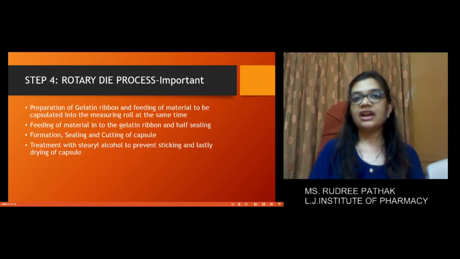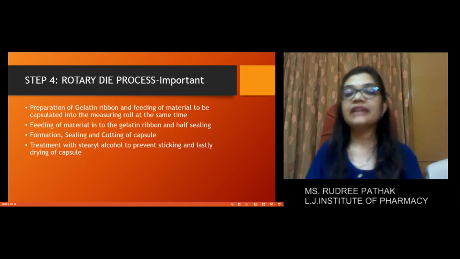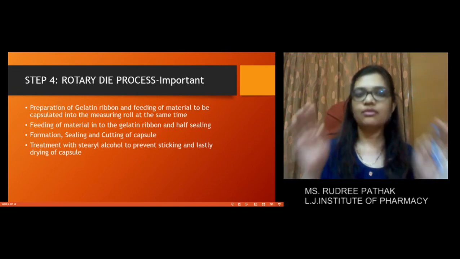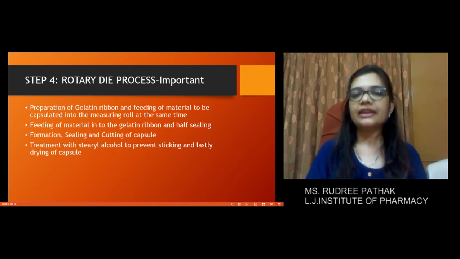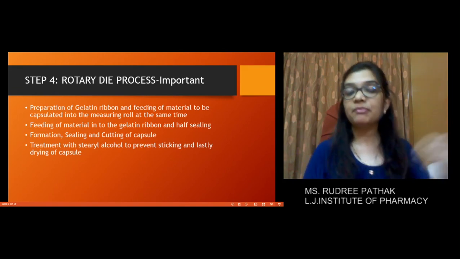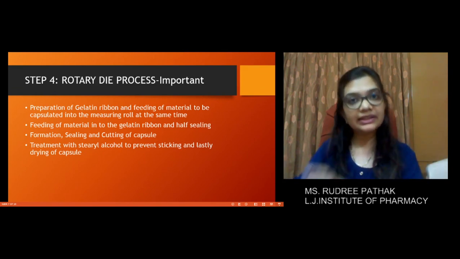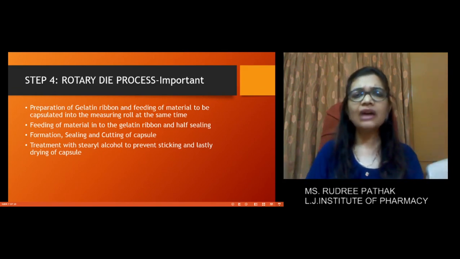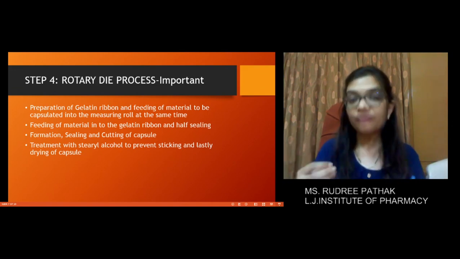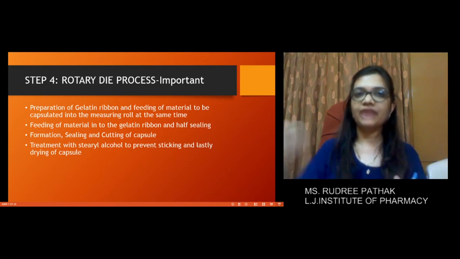Next, we are going to focus on the rotary die process, which is our most important step. In this step, the gelatin mixture that we prepared and maintained at a proper temperature is now converted into a ribbon. The thickness of these ribbons depends on the type of capsule that you want